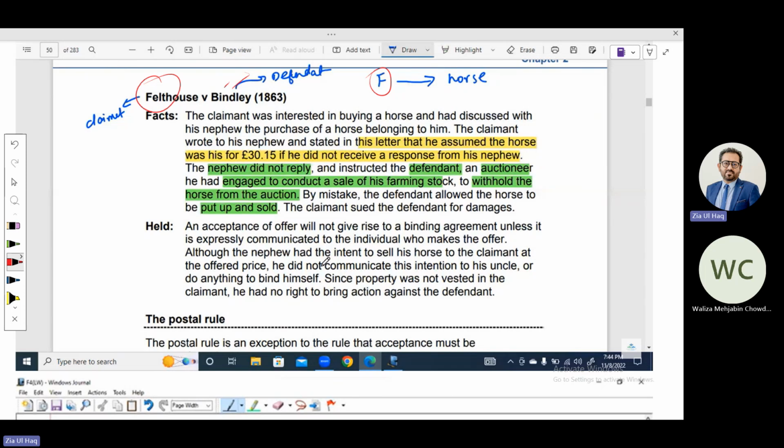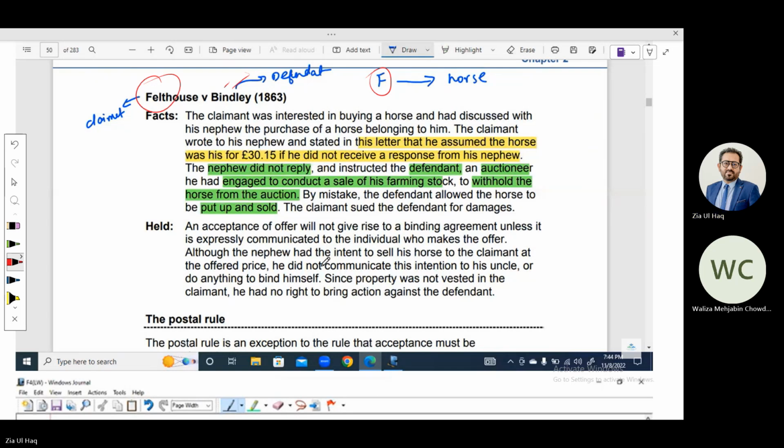The claimant wrote to his nephew and stated in this letter that he assumed the horse was his for £30.15 if he didn't receive a response from the nephew. If I do not receive any response, this means my offer is accepted. The nephew didn't reply and instructed the defendant, an auctioneer he had engaged to conduct a sale of his farming stock, to withhold the horse from the auction,